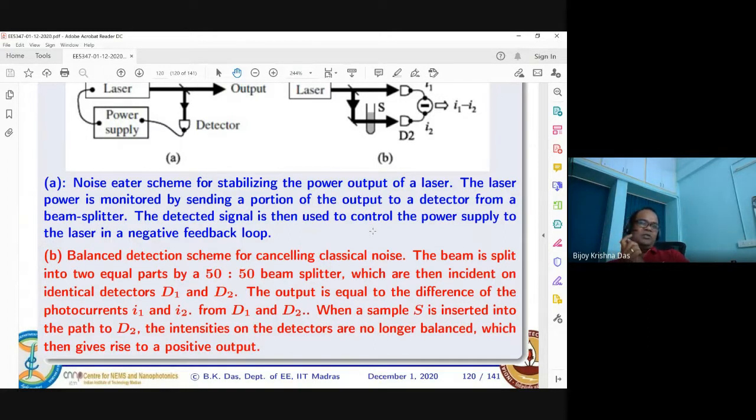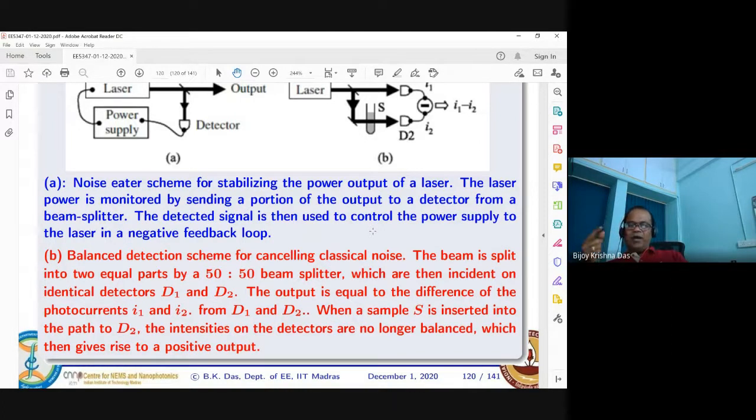SNSPD means superconducting nanowire single photon detector, and there the efficiency can go beyond 80%, but the dead time is in the range of 1 microsecond. Those are being used. And before going into single photon detection, we also need to show how, even if sub-Poissonian light is there, because of the limitation of your photodetector, it will give you a Poissonian output. That is what we explained.